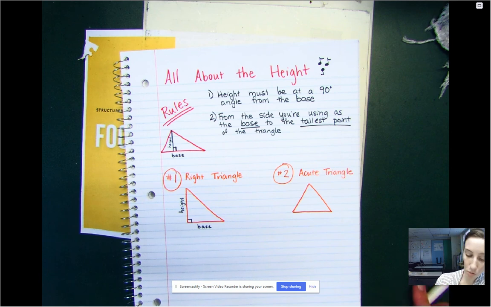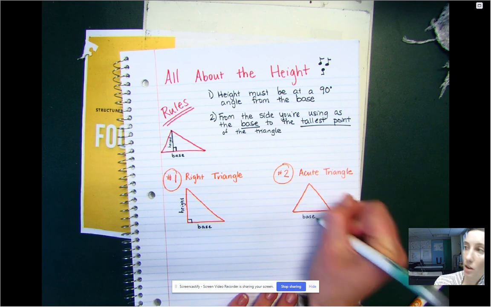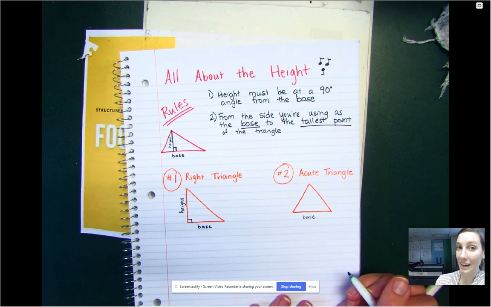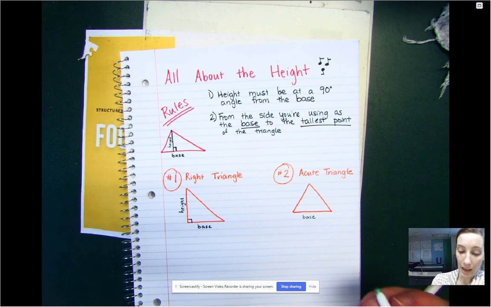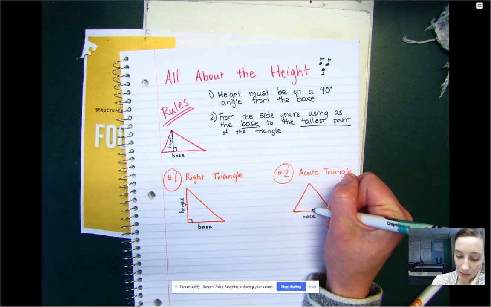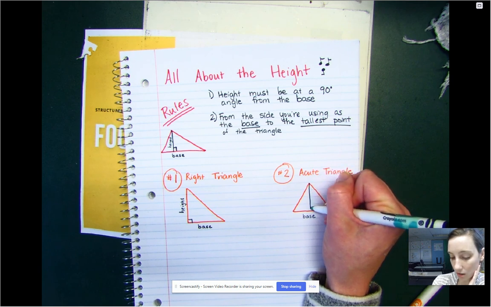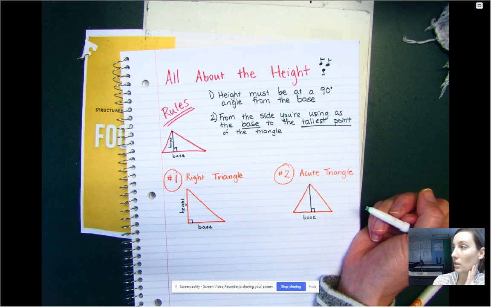Okay, in your acute triangle, you are still given the base, yay, but you have to find the height. You sometimes have to draw it in or measure it, and so it's important to know how to do that. So the height in this triangle is gonna leave from the base, reach the tallest point of the triangle. I like to start at the tallest point and draw down, and then make sure that it meets at a